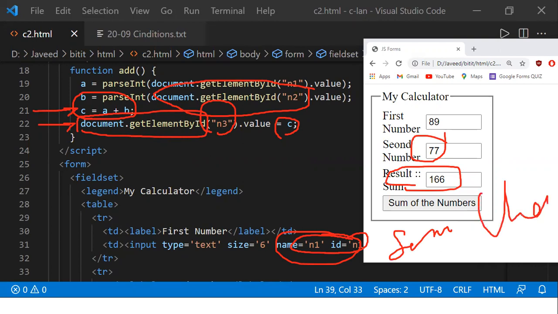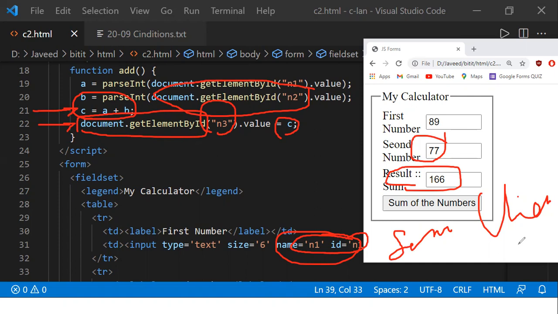When I talk about the ID attribute, most of the time we use it in client-side programming. So for client-side programming, you'll be using the attribute called ID. In the case of server-side programming, you'll be using the name attribute. Let's not worry more about that stuff. We'll talk about it more in coming classes, and about what server programming is.